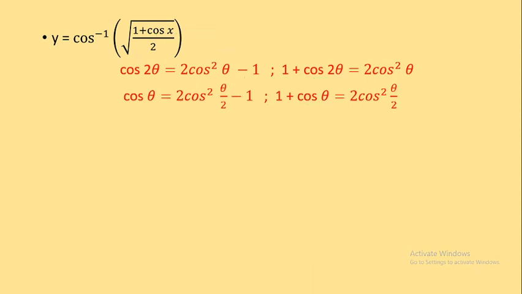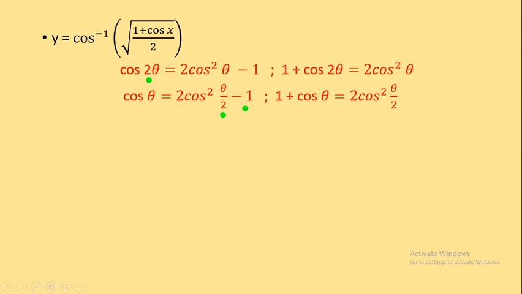So let us see. The formula for cos 2 theta is 2 cos square theta minus 1. But if this 2 is not present here, you have to use this formula: cos theta equal to 2 cos square theta by 2 minus 1. So the only trick is you have to remember either the 2 should be on the left hand side or it should be on right hand side, right? If there is a 2 on the left hand side, you don't put it over here. And if it is not there on the left hand side, you have to put theta by 2.